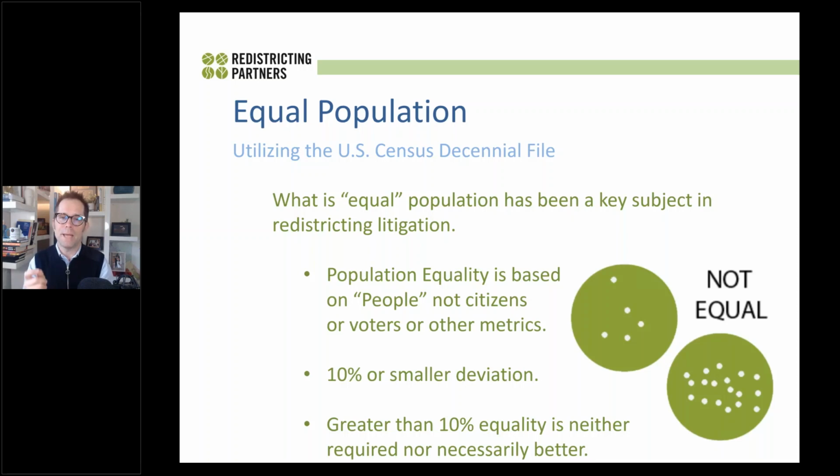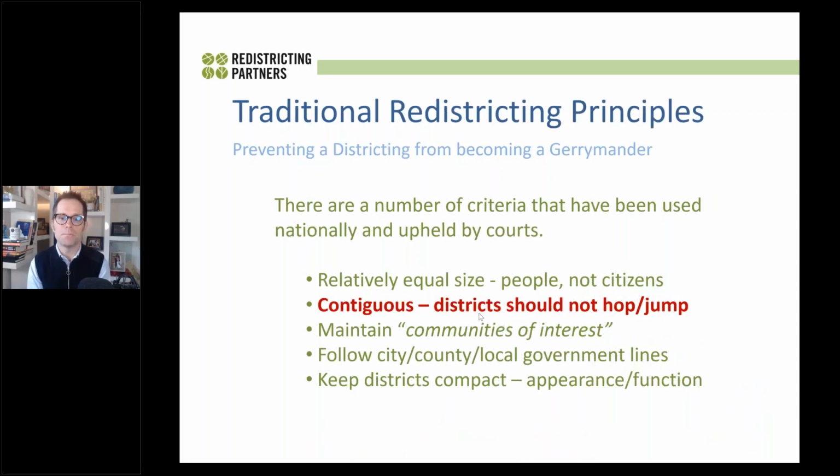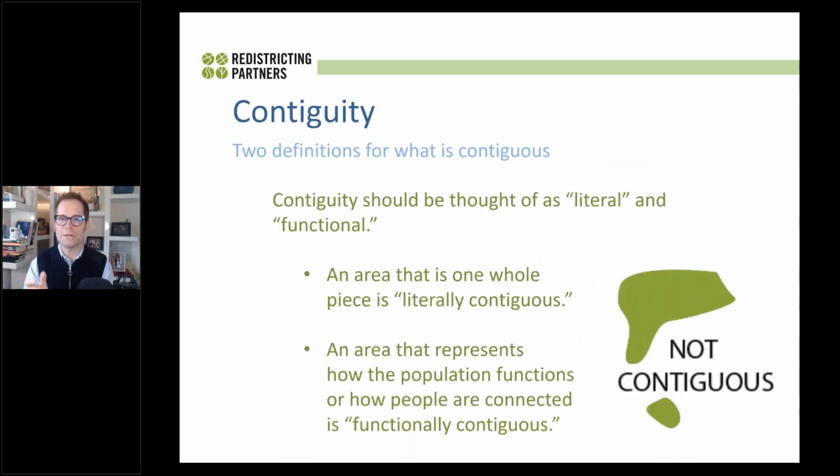And in doing so, say our 1% deviation plan splits 5 neighborhoods and doesn't create that majority minority district, and it violates all these other criteria, but it's 1%, that doesn't make it better. So that should be thought of as a goal and as part of the whole process, not as a single unitary goal. Contiguous districts should be whole pieces, and this is one of those criteria that